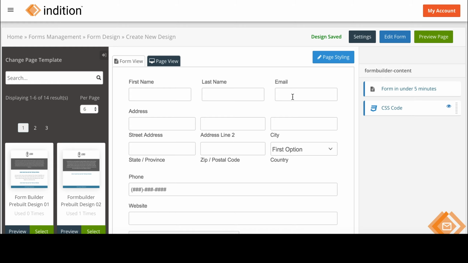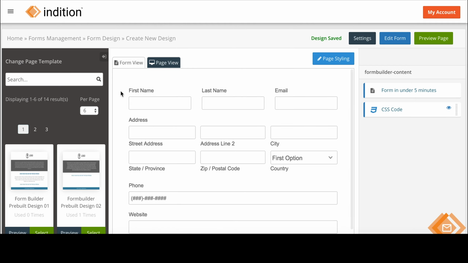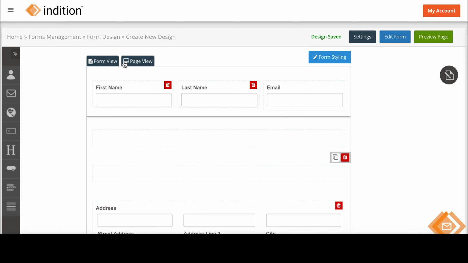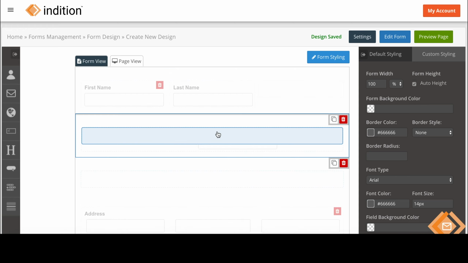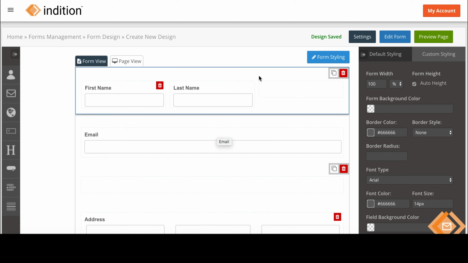One other thing, if you decide later, after you've already made this change, for example, that instead of a 3-column you want to go back to a 2-column, it's really simple. So we'll go back to form view, click the element that we want to move out of the 3 columns. So in this case, we'll select my email element, move it back down into this empty row, click the top row, and